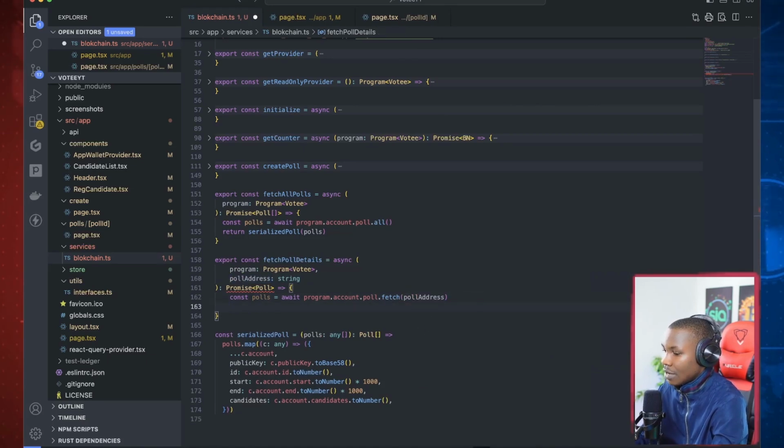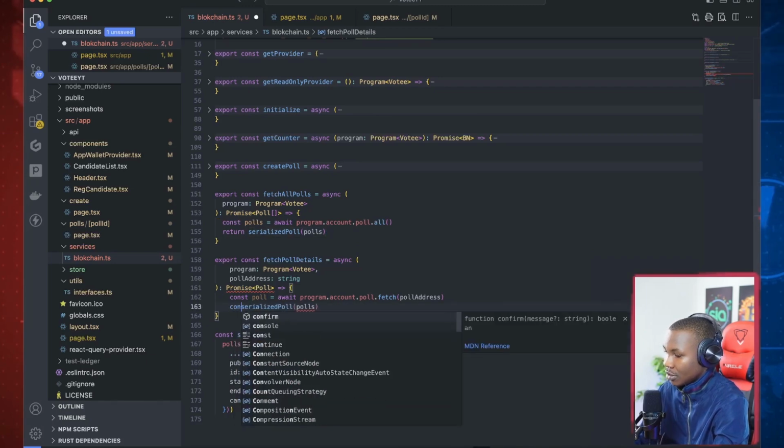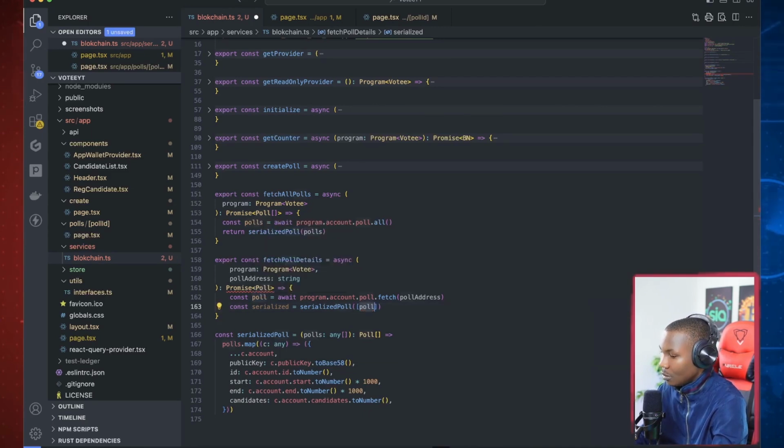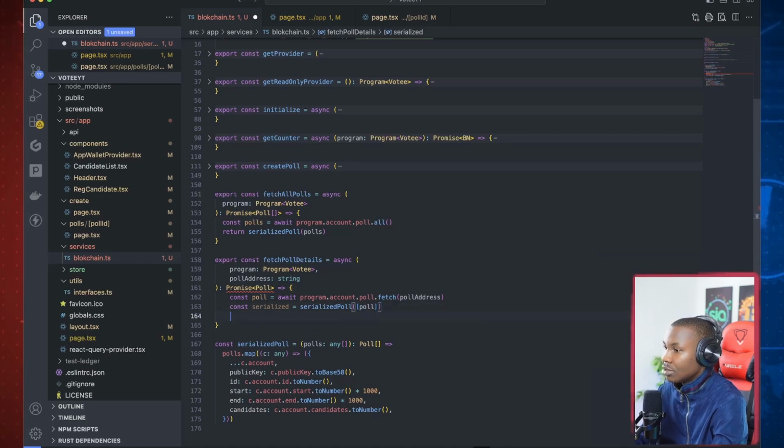Okay, now I have that single poll, and I have to serialize this poll. So I want to serialize that poll. Call it const serialized is equal to this poll, but this poll is just a single object, so I need to put it in an array. So I get a serialized poll,